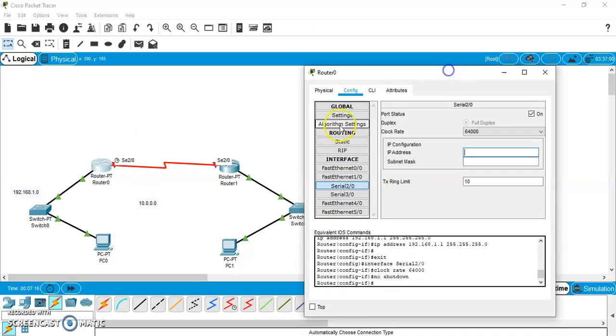Now the network we are using is this, so any IP address will apply, that is 10.0.0.2 for example, and the subnet mask. Since it is a class A network, only one 255 comes. I hope the point is clear.